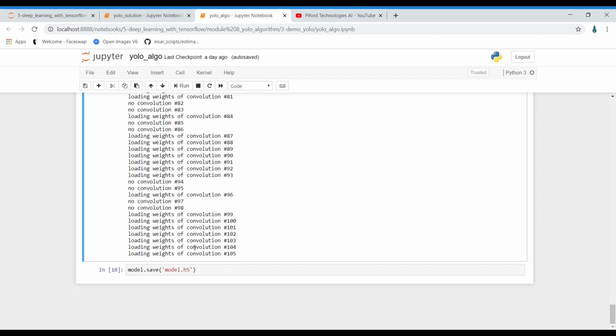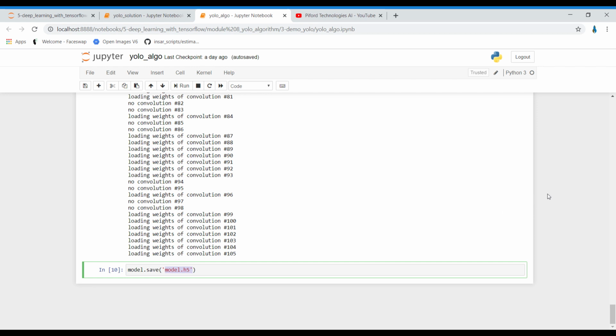Once the model is loaded with the pre-trained weights, we save it for later use, with the name model.h5. Now our model is trained and saved. We can use this model.h5 file for real object detection output.